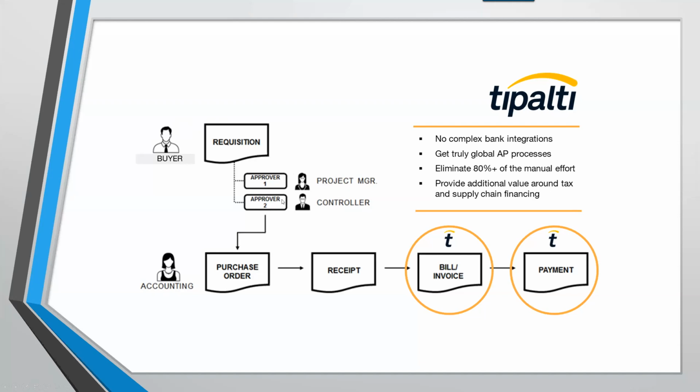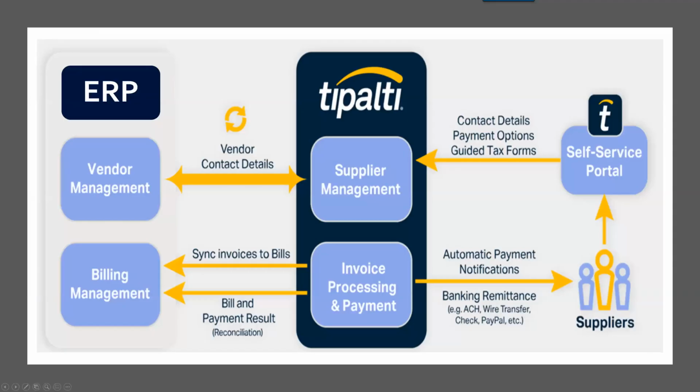So you've got your purchase order, and then you've got the people who are going to be approving those orders. And then you have the goods that have been received, and then you've got the bill. So where are you creating the bill? You can create that bill in multiple places if you've got a solution, but you want to make sure that you've got a bi-directional sync, so that way you're able to import all of those bills and activities into your payable solution. So that way the payment is recorded in not only your payable solution, but also inside of your